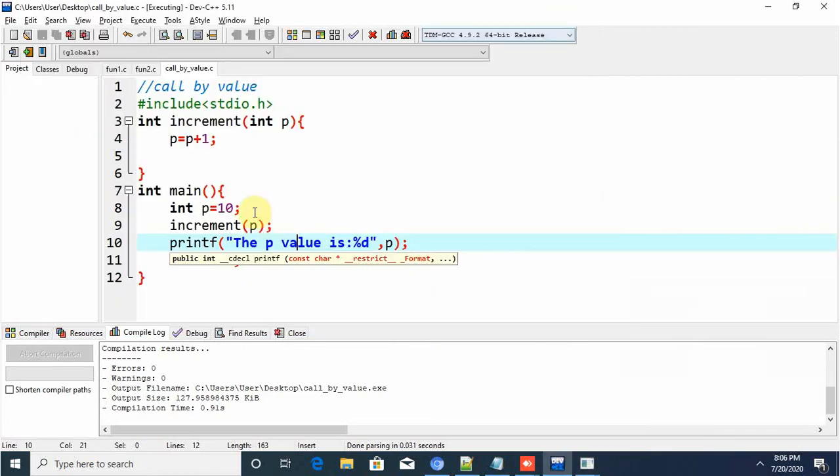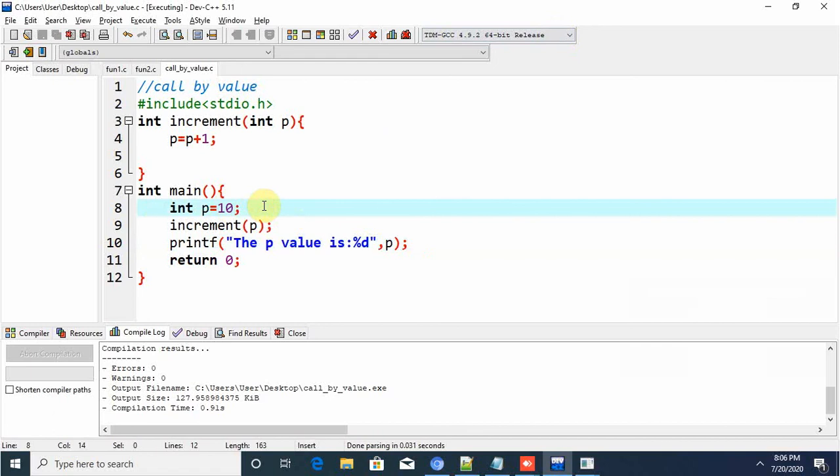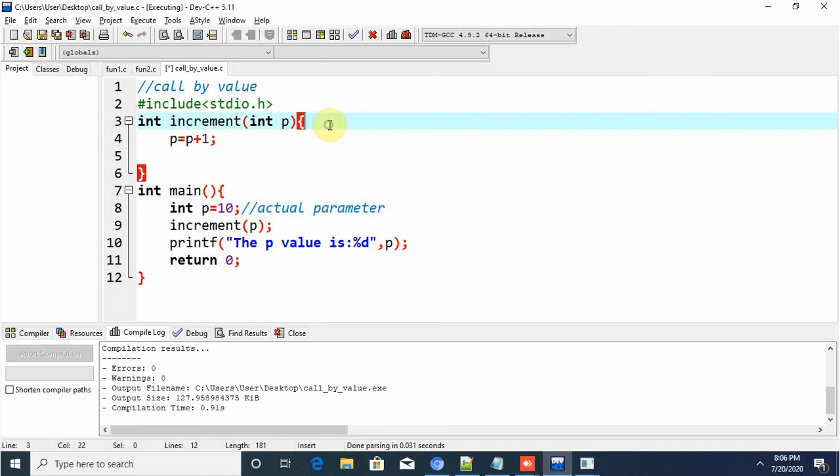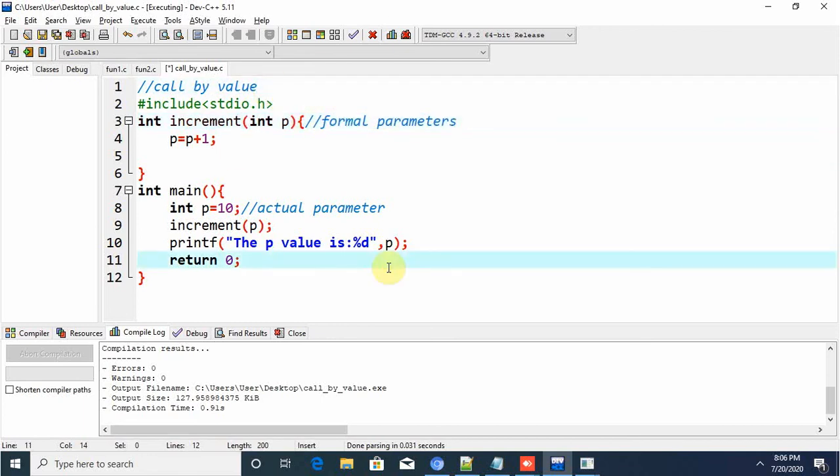P value is 10. This is the actual parameter, and this one is the formal parameter, you know, right? Here I'm just passing the value 10 for P, and incrementing the P value.